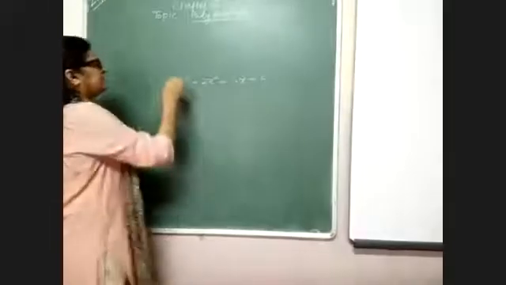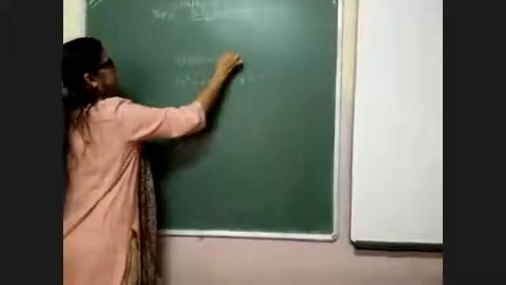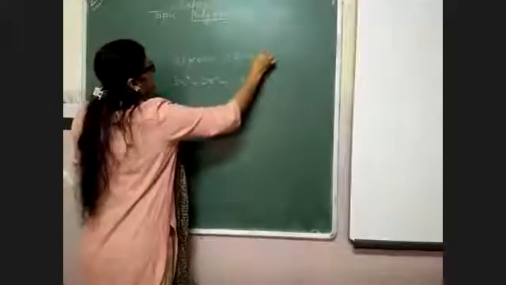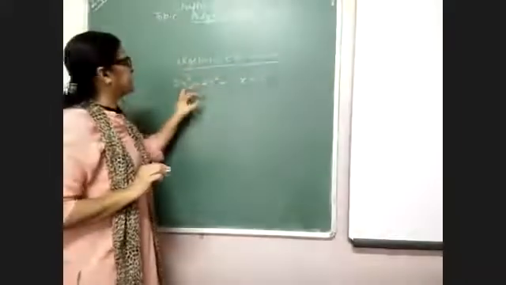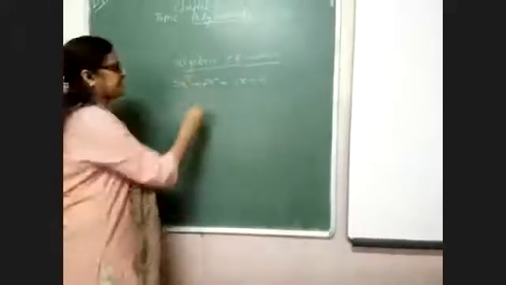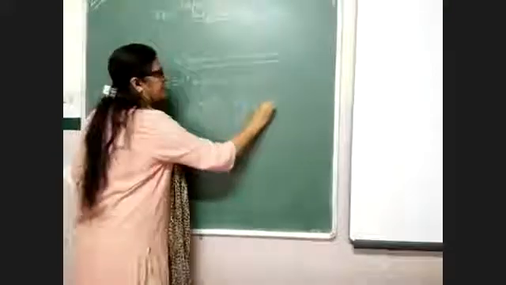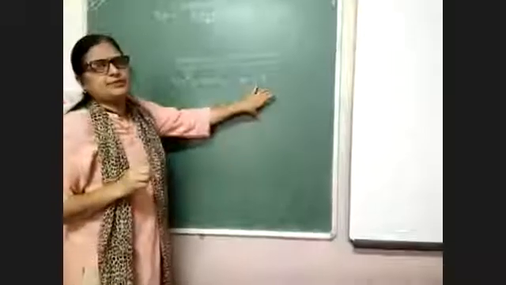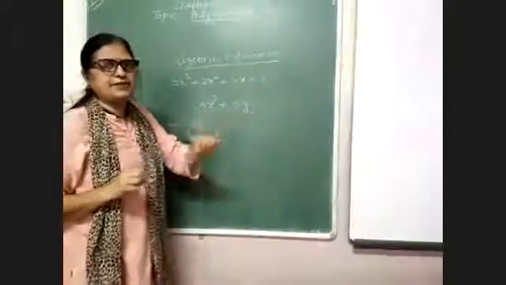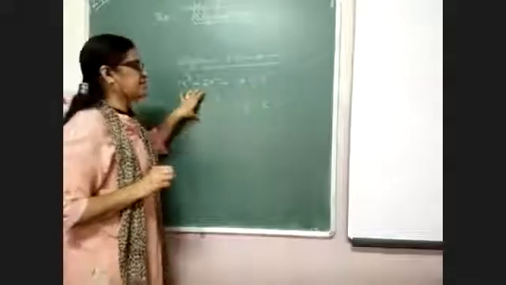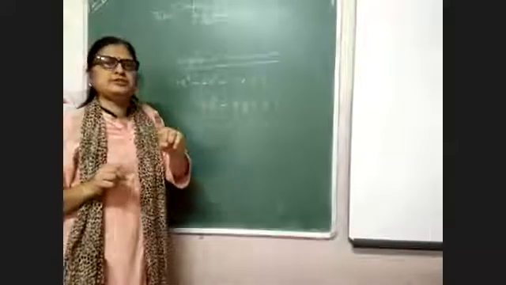And in the algebraic expression, this is the polynomial of one variable, only x variable is used here. And if I use another example, how many types of variables are used in the second example? X, y and z. 3 variables are used in this example. And here in this example, only one variable is used.